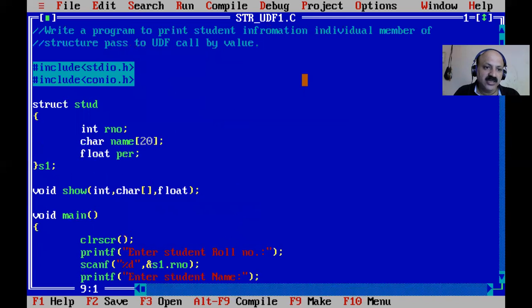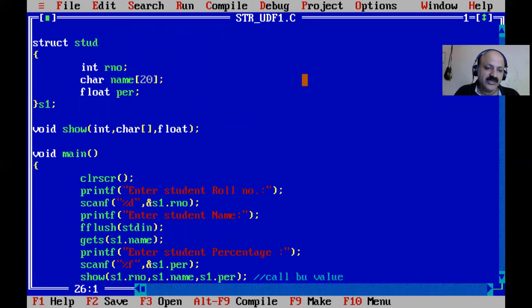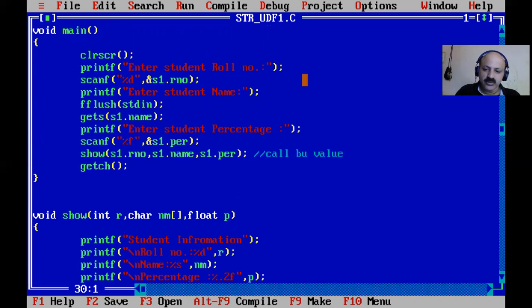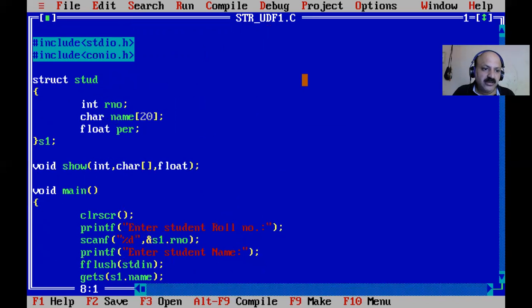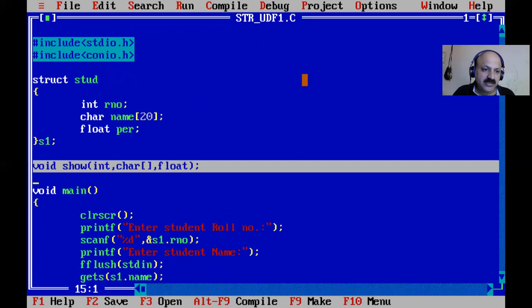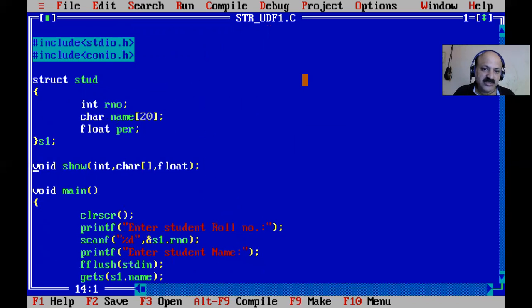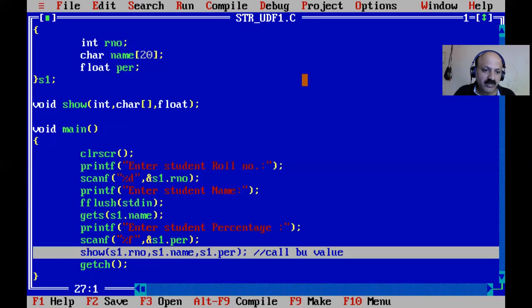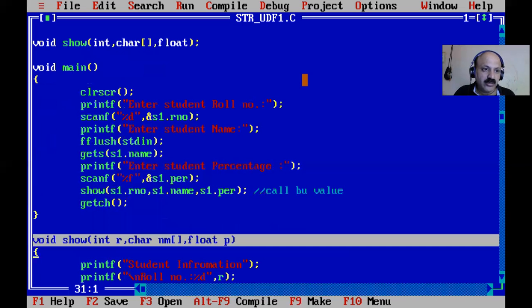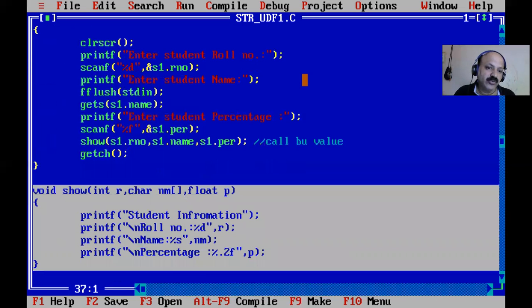So I think this is a very easy way I can explain, with one example. It is the call by value technique. Before that, you have to know the UDF declaration must end with a semicolon, and the variable name is optional at declaration time. Before the main you declare it in the global declaration section, then here is the calling, call by value technique, inside the main you call the UDF, and after the main you give the definition of the UDF.